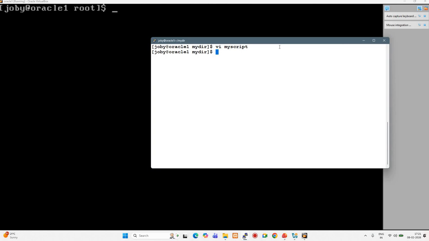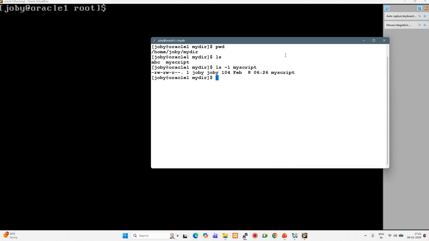Remember that in the last class we had created a directory called mydir. In that mydir I created a small file called myscript. If you see the permission of myscript, it is looking like this. The owner has read, write and execute. Now if I want to execute this script,